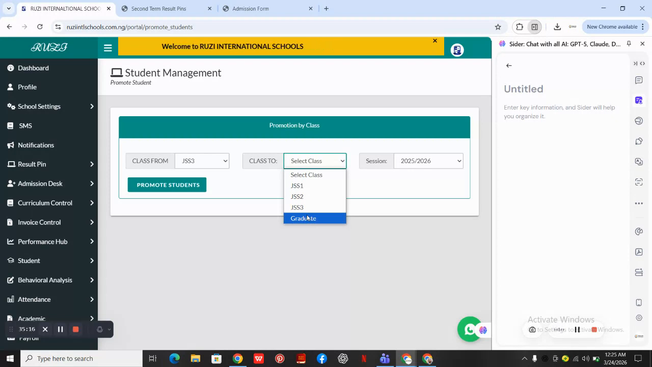But you are only moving them from that class, because if you don't move them from that class, their information will still be retained in that class and you'll not be able to promote. So that is why you need to first of all graduate the SS3 students. Once you graduate the SS3 students, then you move to